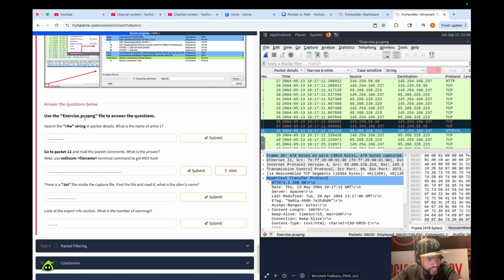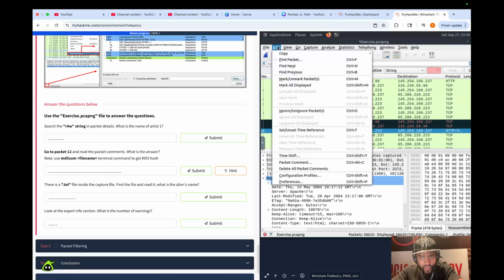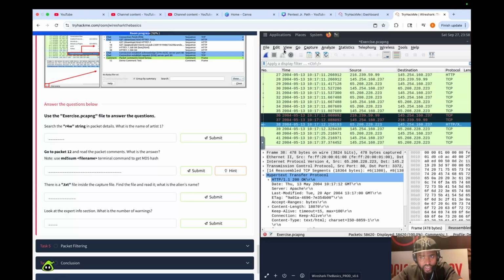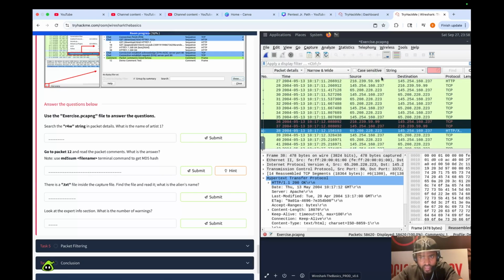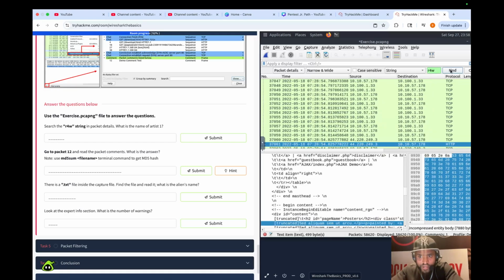So use the exercise PCAPNG file to answer the questions. I think we are already in the exercise PCAP. So let's go ahead and search the R4W string in packet details. To do that, as I explained earlier, you go to Find and then Find Packet. I was already on Find Packet. Let's rerun it again. Once you have Find Packet, let's run R4W and then click Find. When you click on Find, it will find R4W, and it found it on the packet number